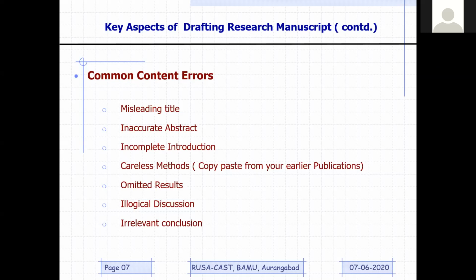is concerned. Duplication, what I mean is, let us say I'm working on sensors, right? So what I can do is I can use a different material for each sensor, and I can use that material for detection of different gases. But the methodology is going to be the same, right? I will be using the same method for preparation of the material. I will be using the same method for characterization of the material. I will be using the same method for testing my material for detection of various gases, right? So the methodology is going to be the same.